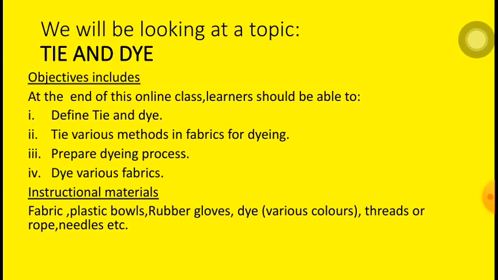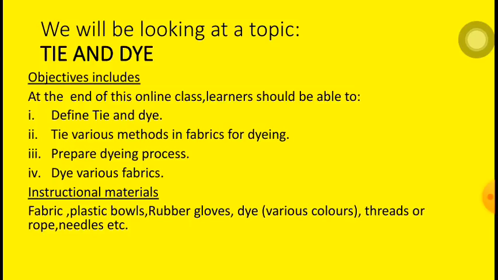Okay, so let's quickly look at our objectives. At the end of this online class, learners should be able to: 1. Define tie and dye. 2. Identify various methods and fabrics for dyeing. 3. Prepare the dyeing process. 4. Dye various fabrics. So for us to be able to conduct this practical, we need certain materials to be on